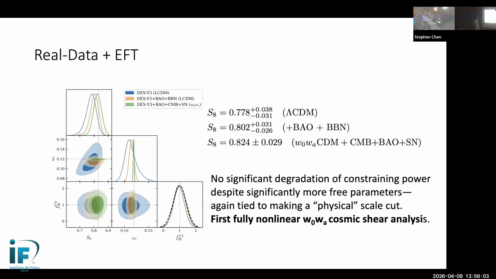In fact, if you look at these same data, the DES data analyzed by the collaboration, they have to cut to very large scales because they don't have emulators that have dynamical dark energy or simulations that cover this range. And so they essentially have to use linear theory on very large scales. Whereas when we do it in the two-loop way, we are actually able to do this analysis purely from first principles with essentially no extra steps.